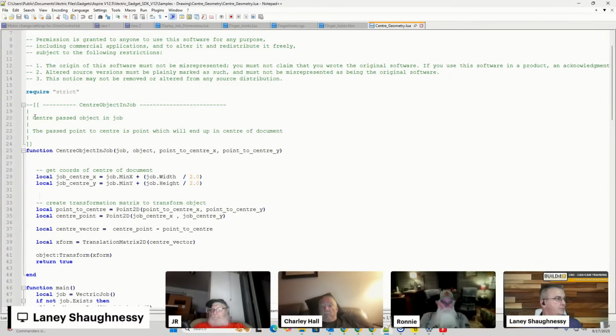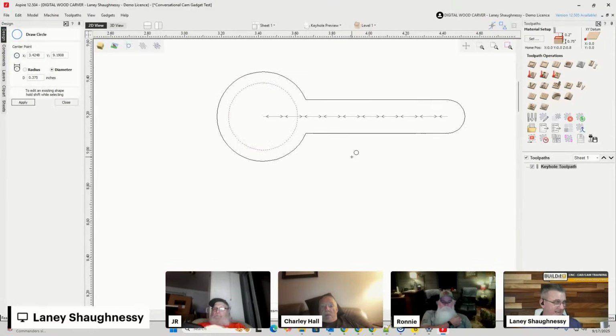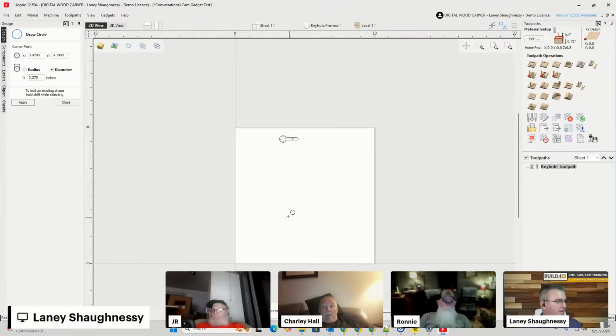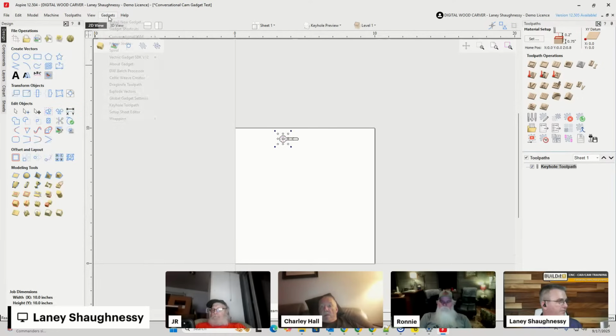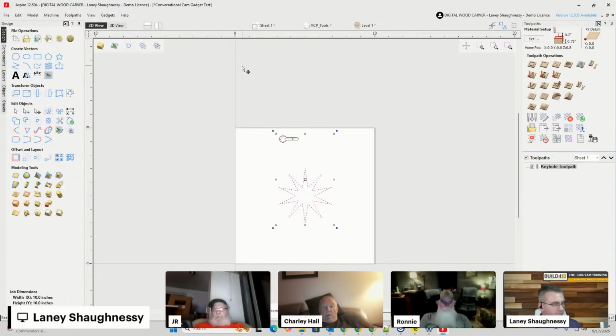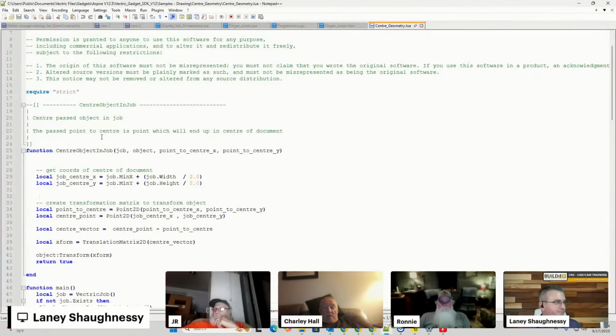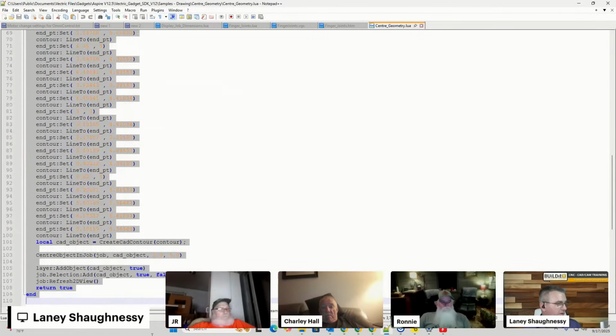Okay. So let me find out what this gadget even does. Let's go into Vectric because I don't even know what that gadget does. So let's go to that gadget, which was under drawing, center geometry. Okay. So it creates this star and it puts it in the center. That's all it does. It's a sample. That's not its function, but it creates this star and puts it at the center of the board. Right? Okay. So I could come in here and take this code